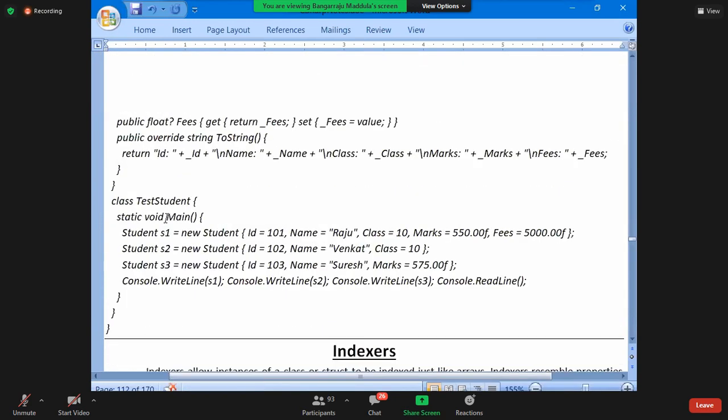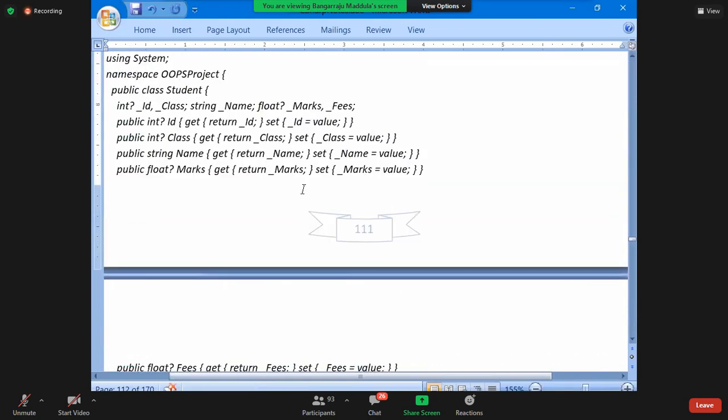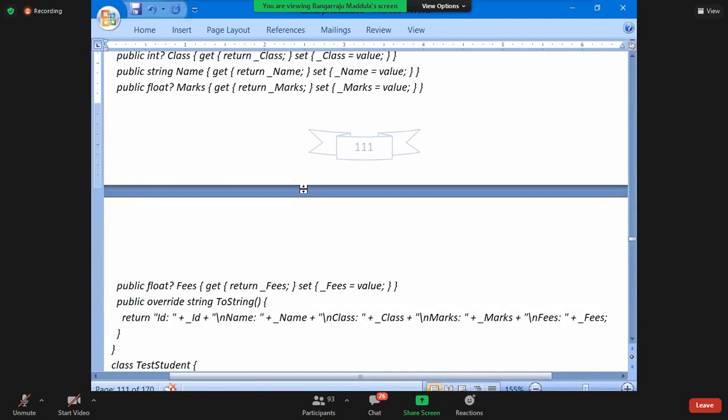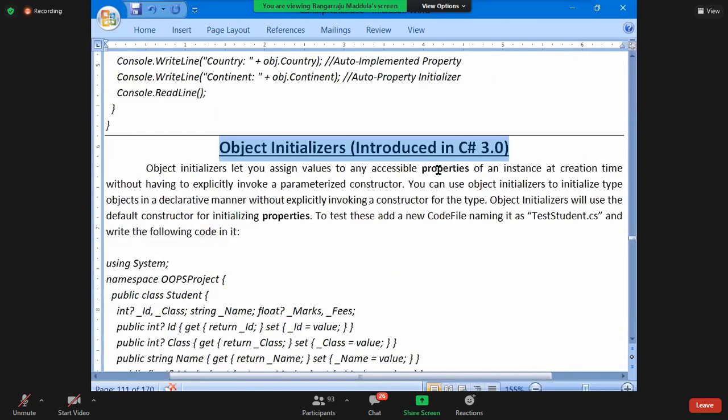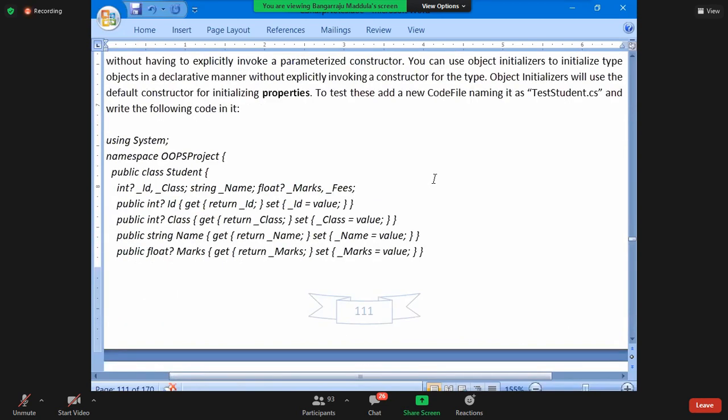Object initializers are also associated with properties only. So it's all about properties and how you define the properties. We are done with fields, methods, constructors, finalizers, and right now we completed properties.